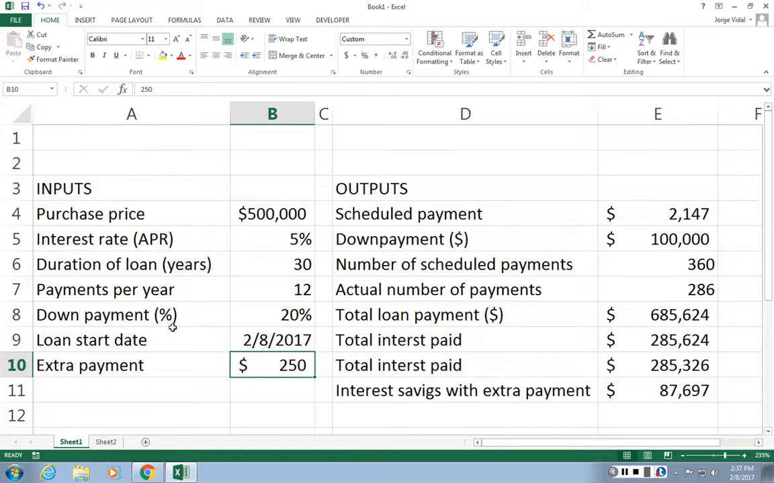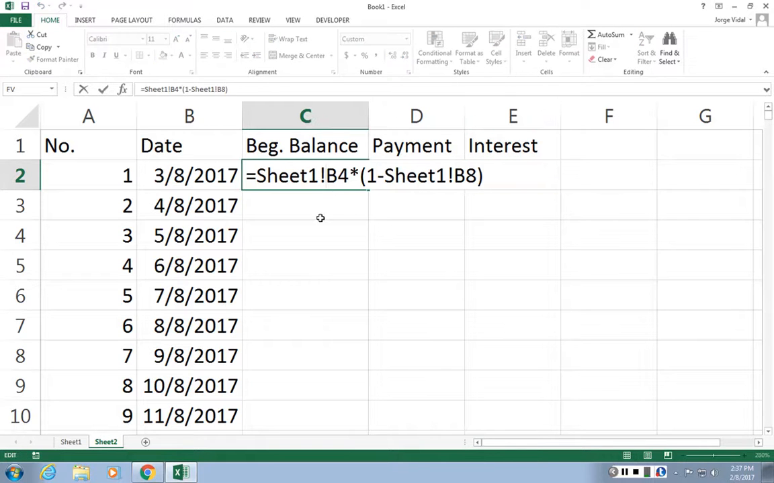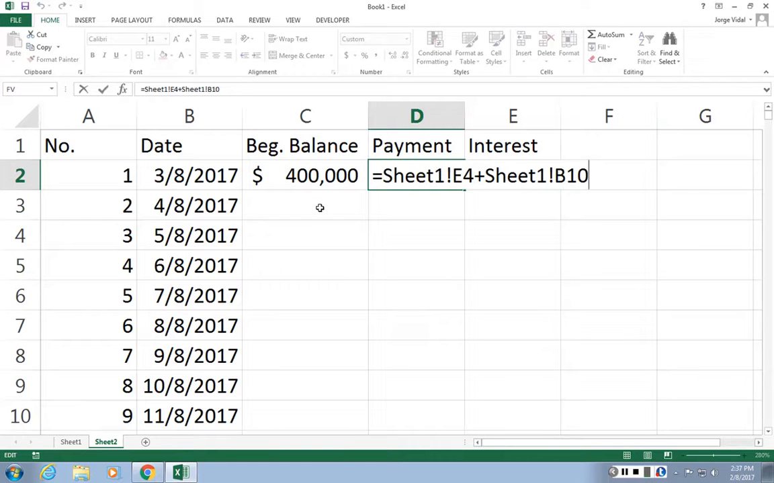This one? Okay. So all of you have that? Payment? All? No? Yes? No, it's okay. Look, beginning balance means purchase price times 1 minus the down payment. You're just starting to make payments on the loan, so you owe the whole amount, okay? And then your payment is equal to the minimum scheduled payment plus the extra payment, okay? Now,